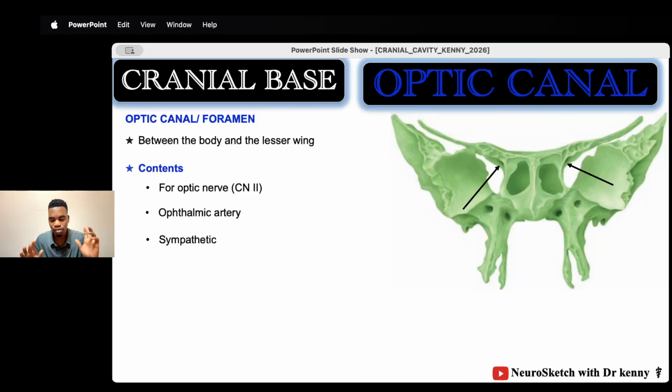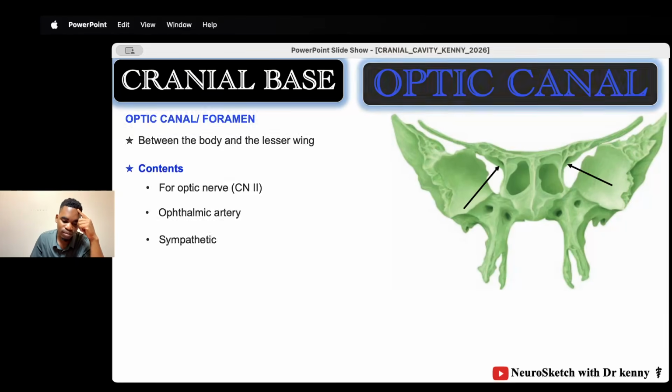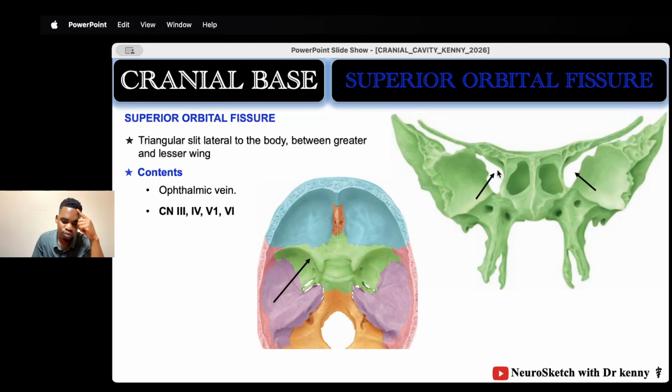We have already discussed the optic canal. You can always go back. And next is going to be the superior orbital fissure. This is the superior orbital fissure. It can be seen here in the sphenoid bone between the greater and the lesser wing of the sphenoid bone. And the superior orbital fissure transmits 4 nerves, and that's cranial nerve number 3, cranial nerve number